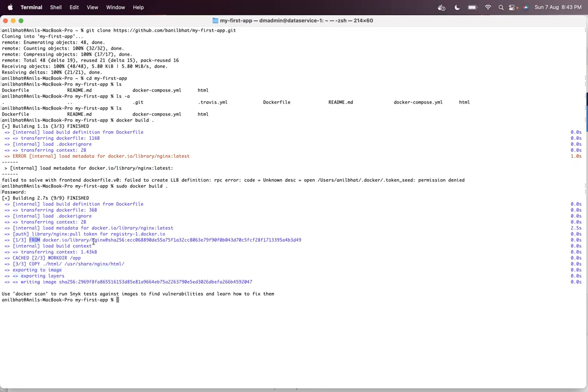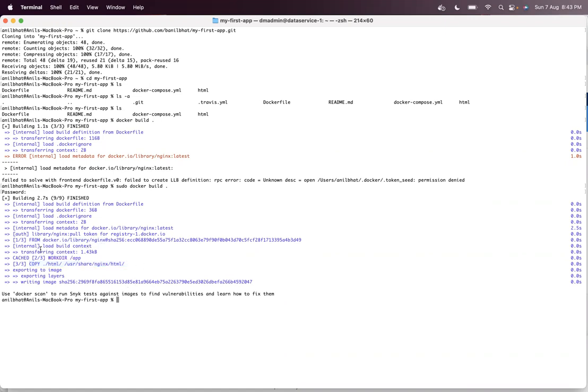Here you can see that it has started from nginx as a base image. It downloaded that particular base image. If the image is already there, it will not download again. Then it will start running all the commands. You have seen that the copy command is also there. It didn't display, but it has exposed port number 80.